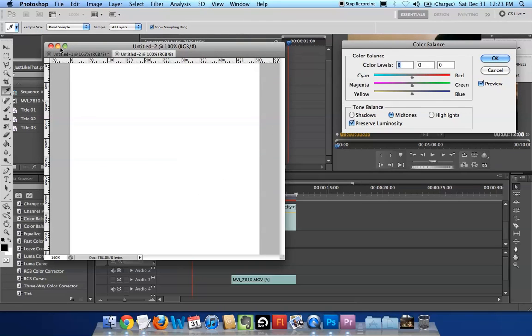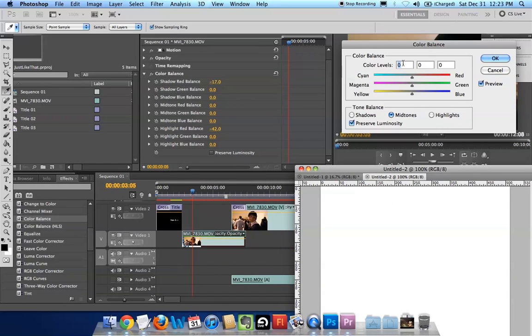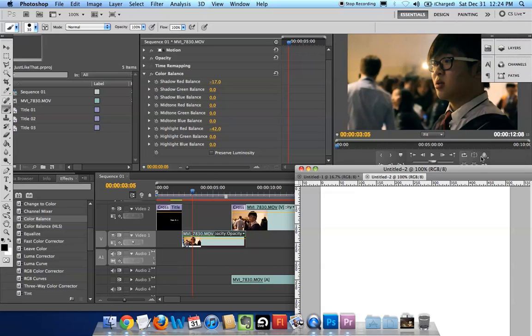See what you're doing. Here is nothing but the same thing. Here you have shadows, midtones, highlights, and all these parameters are there. When I reduce the red, it's nothing but I've added cyan. The same thing happens with blue and yellow. It's these parameters just placed in this way, and you're altering them. That's it.